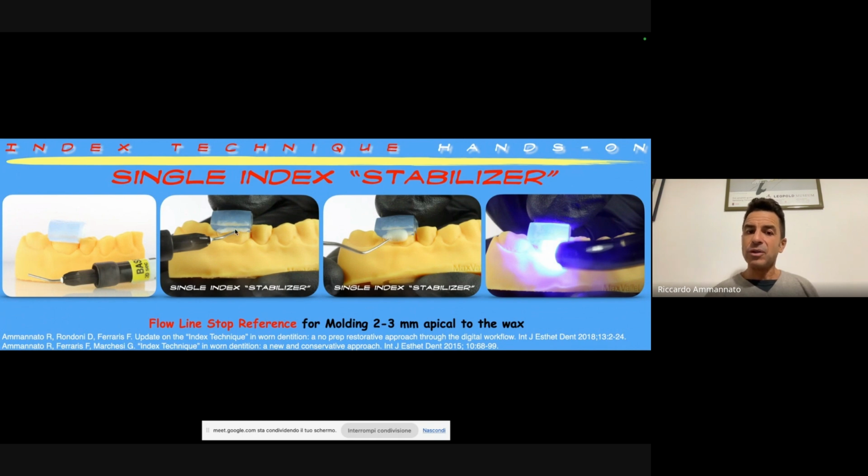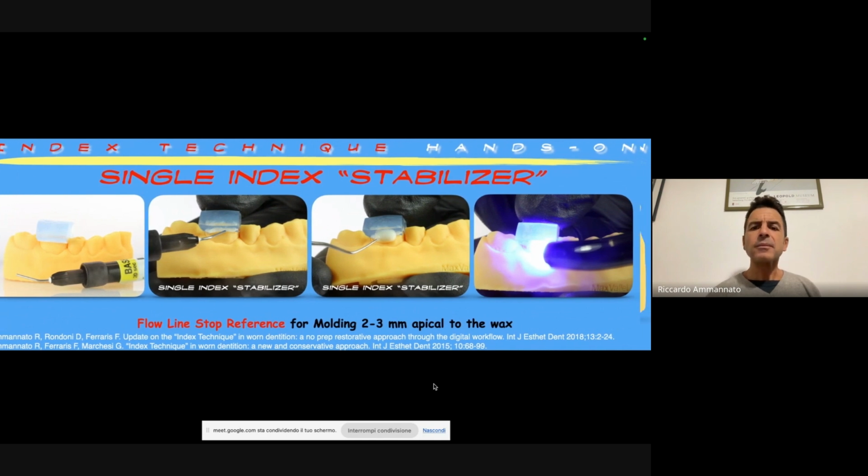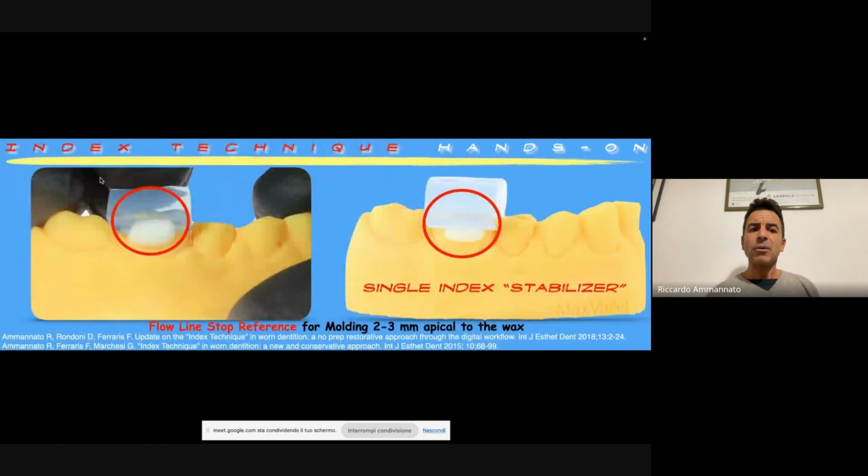With some flow, you see the index here on a model, we place our flow, we cure it, and then after that, we just check again whether our index is kissing our stabilizer correctly, so our flow line stop reference, and you see it also here. So the stabilizer leads to two advantages.